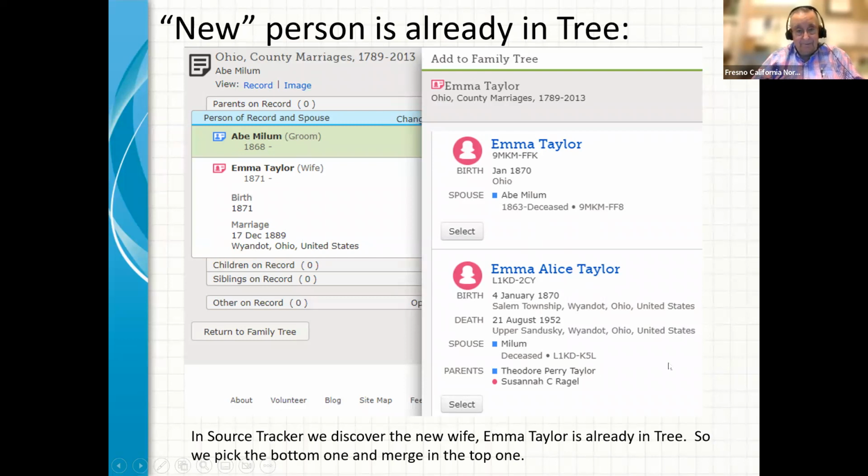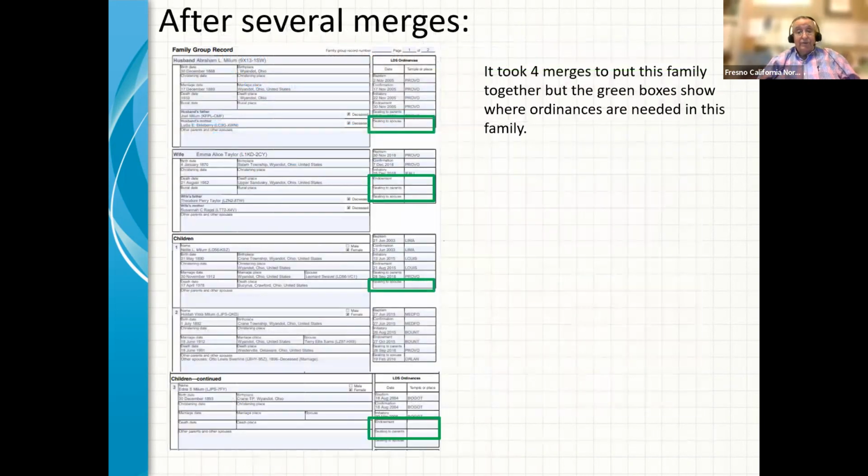And so I've got about 4 or 5 merges that I have to do, or 3, before I'm done. So I've got several merges to do. When I got done, it was 4 merges. There we go. And when I got done, a lot of the work was done, but Abraham Millam still needed